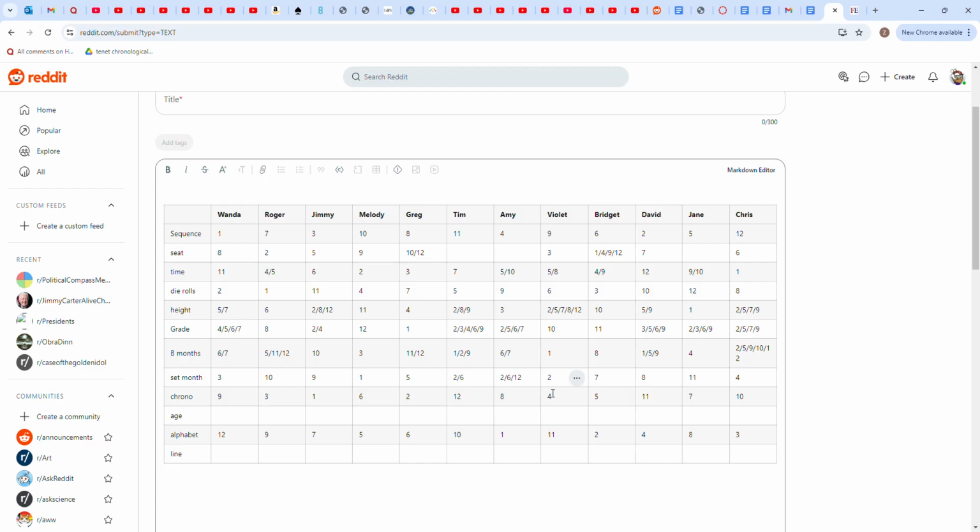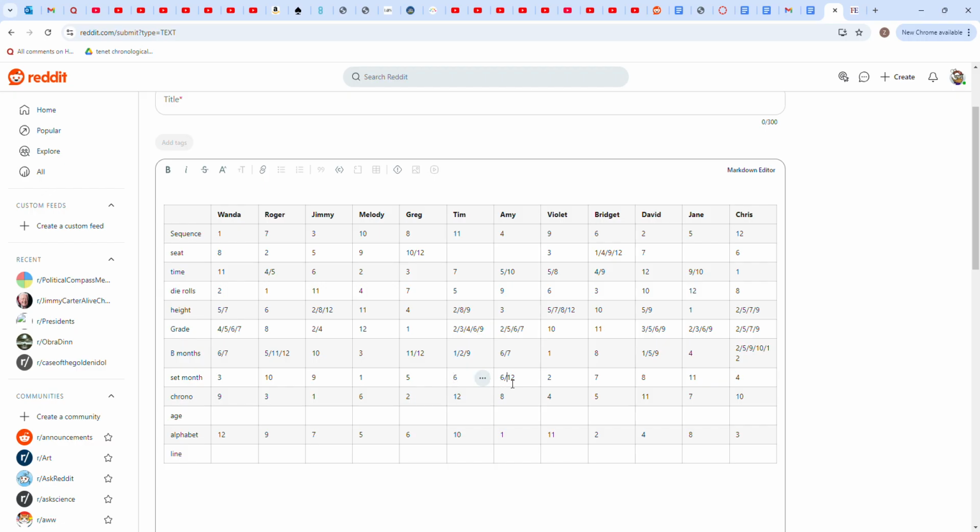Okay, so that tells us when Violet's scene was set. We can also, while we're at it, eliminate a couple of other 2s. So in other words, Violet isn't 4'2", and more usefully, Amy's scene is not set in February, and Tim's scene is not set in February. And we know now that it's set instead in June,